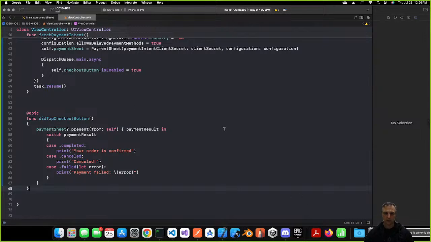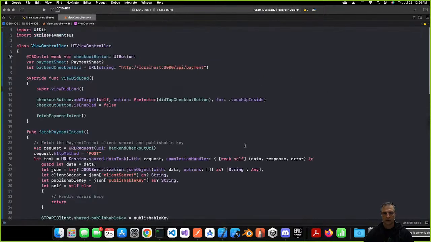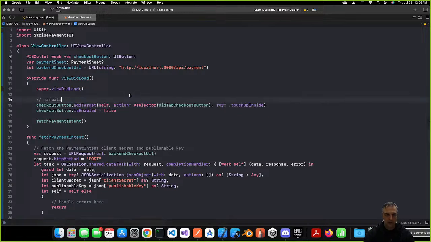Okay, so let's go through this one more time, which is, it's kind of weird because maybe you've never seen this kind of connection before. This is the thing that messes people up the most. They're like, wait, that's how you make an IB action? It's not really. You make a reference to the button itself, and then what you're doing is you're going to make a manual connection. The manual connection is this thing right here. This creates a manual connection. So we're saying manually connect to the button